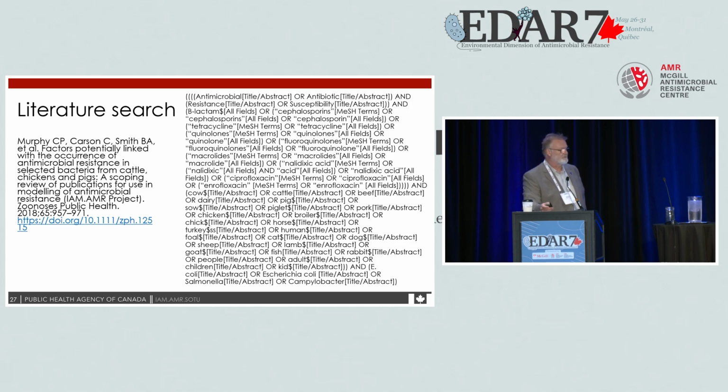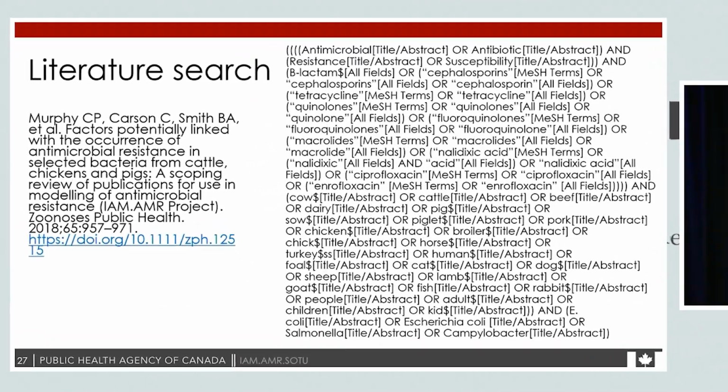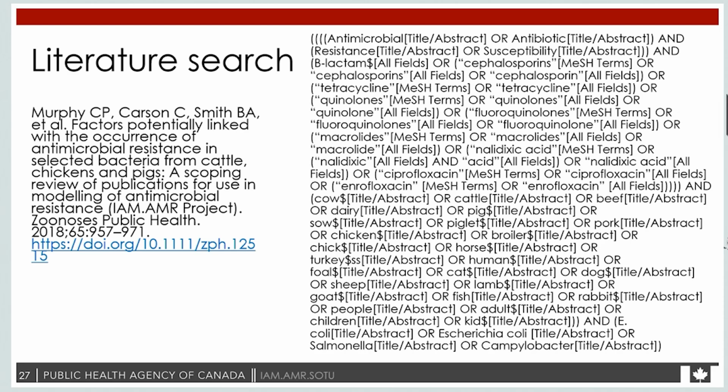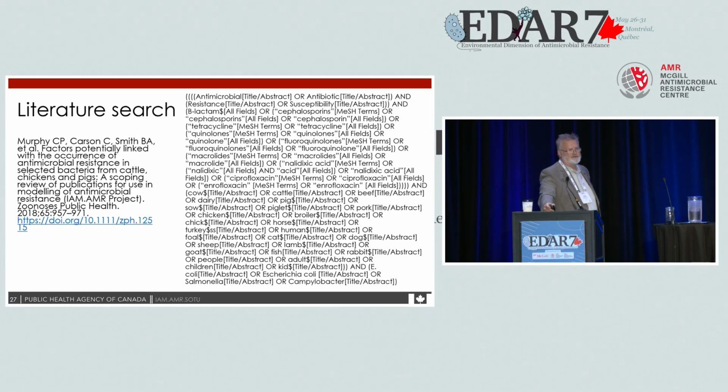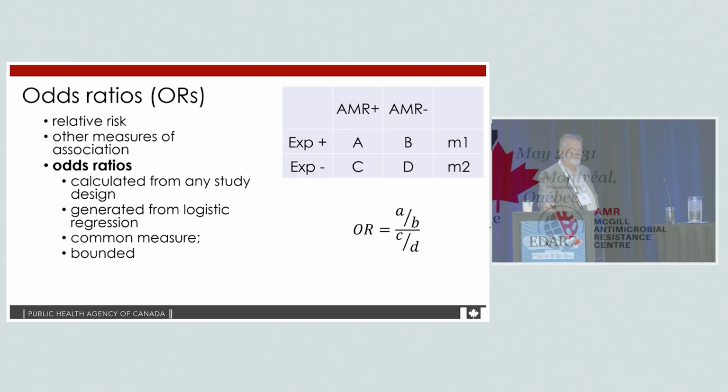This is just a standard literature search string, not really different than doing any other kind of scoping review. The initial work on how we set up the scoping review process is in this publication. As I said, we did settle for the time being on using odds ratios as the multiplier. We tried relative risk, it didn't work for a number of reasons. We've considered other measures of association. I think it's something we'll come back to.